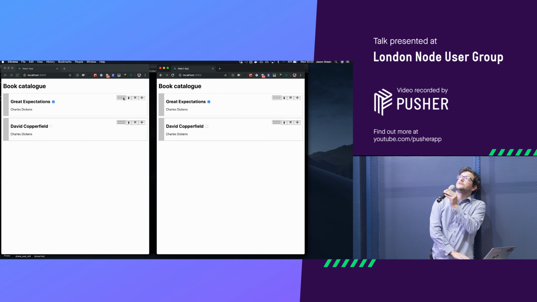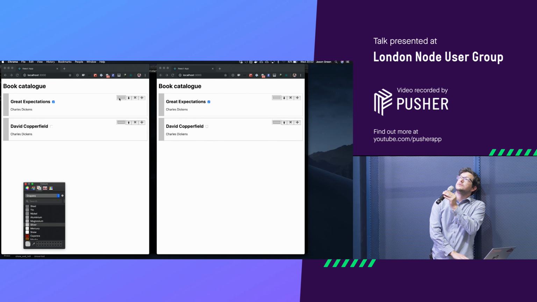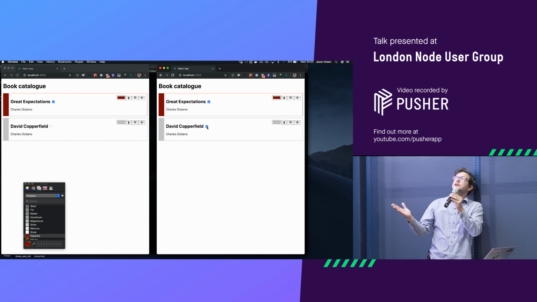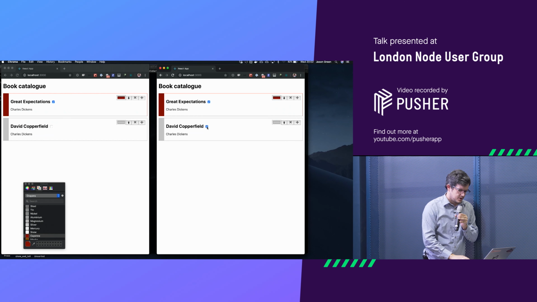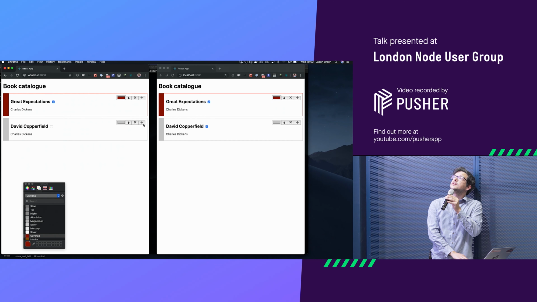So if, for example, here we change the color to something else, and on this other client we decide we're going to change this, it updates because it got the changes. Now in that case there was no conflict. So if we add a few more,